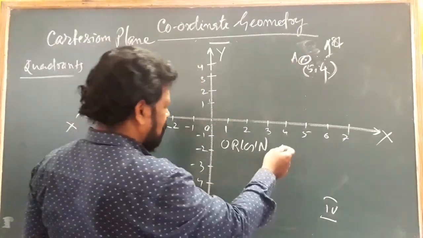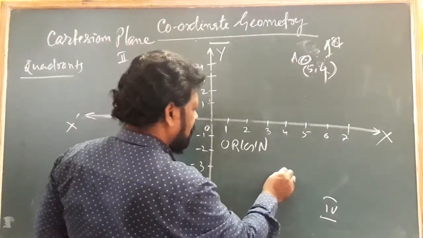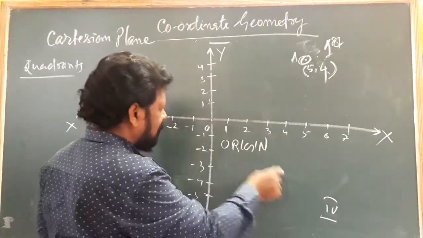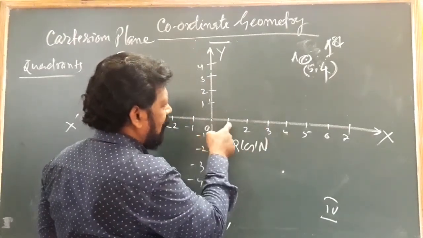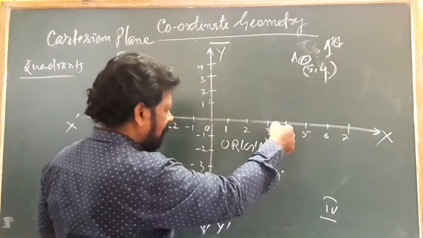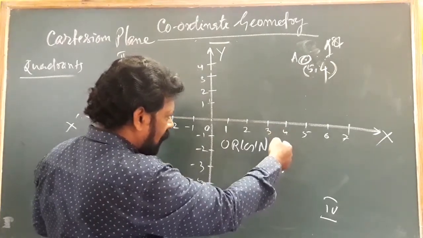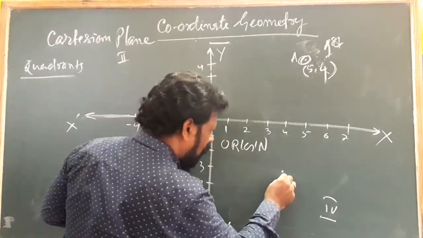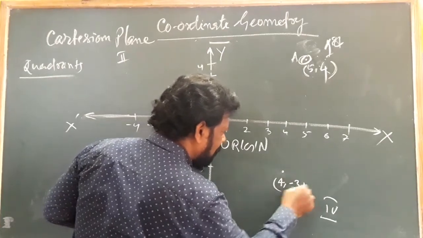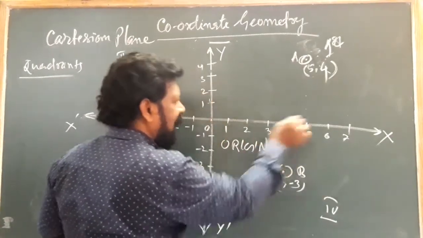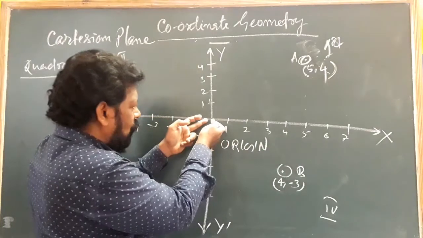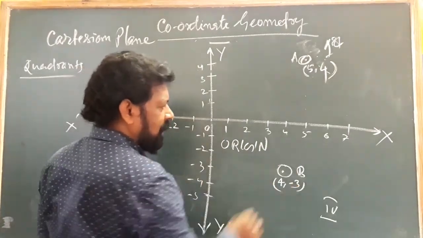Similarly, say for example some other point you will go, say this is one point and this is 4 points towards x-axis, 1, 2, 3, 4 and then 3 points towards down, 1, 2, 3. You can write the coordinate is 4 and -3. 4 is in x-axis and -3, -1, 2, 3. You will be reaching at B.